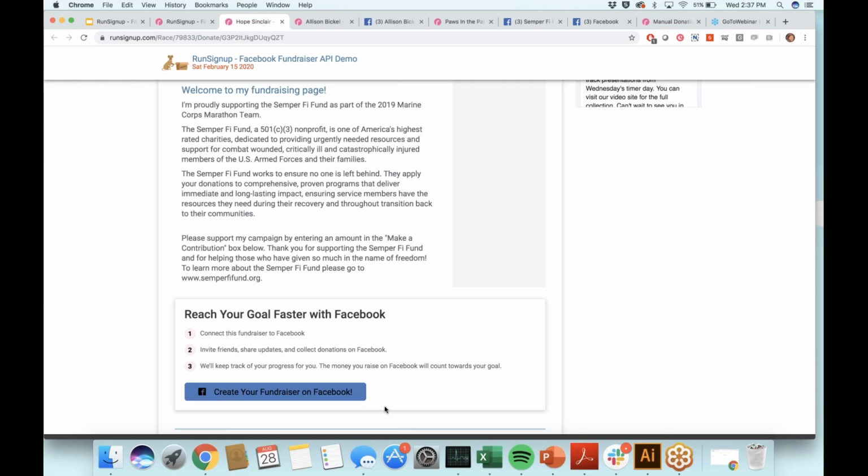So as an example, Marine Corps Marathon enabled the integration like halfway through their charity bid fundraising process. They sent out an email to their fundraisers. We have a guide on how your existing fundraisers can create a Facebook fundraiser from their page. And they sent that guide out and they had a number of their fundraisers log into RunSignup and create their